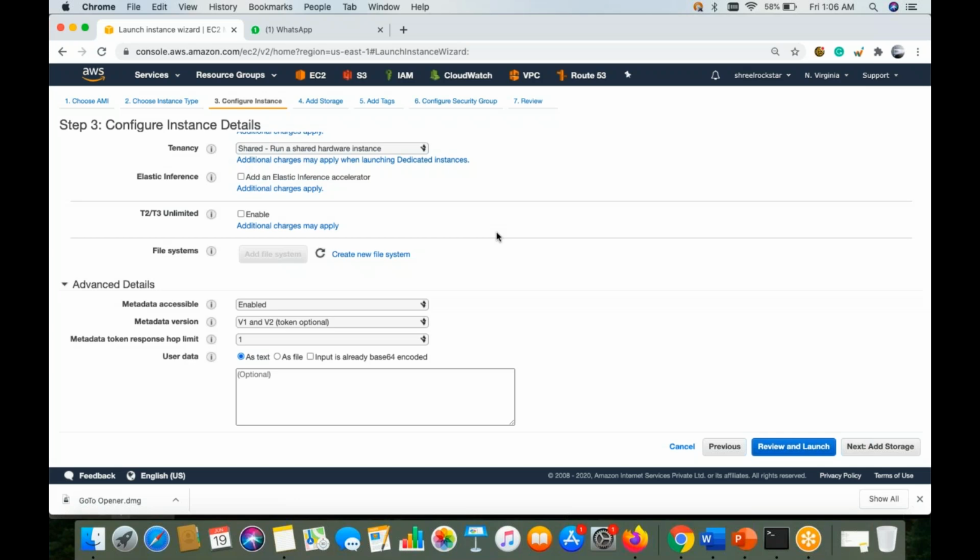You can enable this and get extra CPU from the credit itself. There are slightly extra charges, but it will save your resources for some time, and meanwhile you can bring up another instance with the help of auto scaling and so on. Okay.